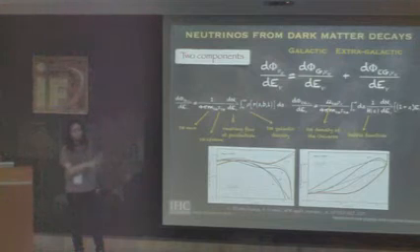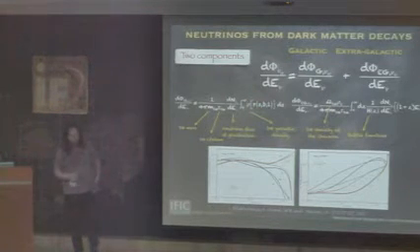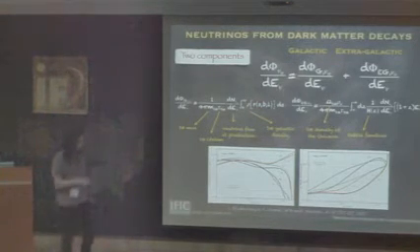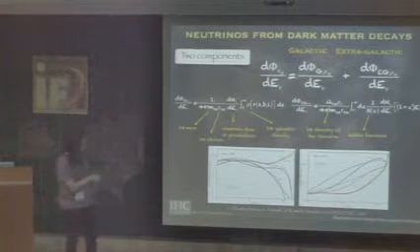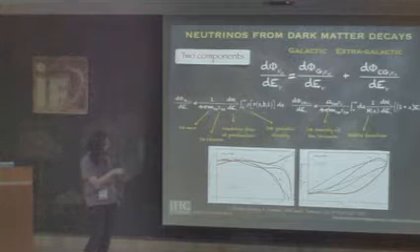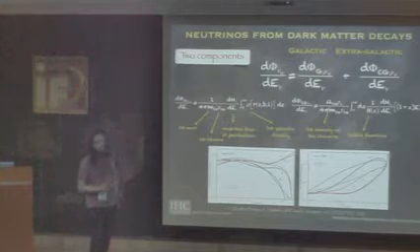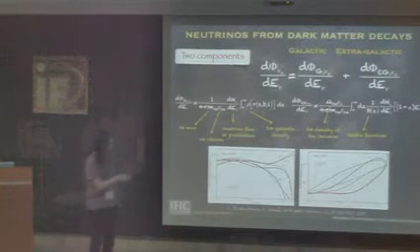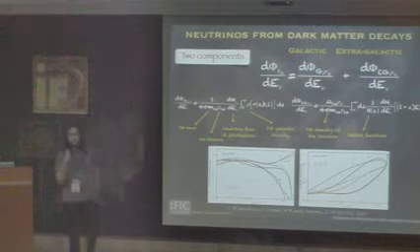This is negligible, but the most important contribution comes from our galaxy. So one can compute what the different fluxes are. This is again the flux as a function of the energy. This is for a particular case, which is a 4 PeV dark matter, and each of these lines is one